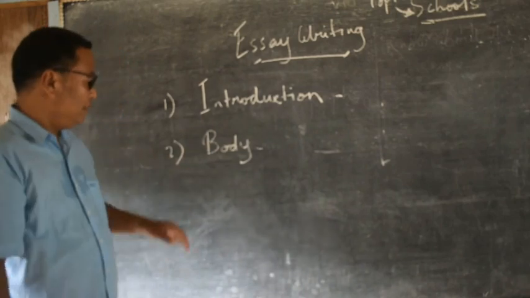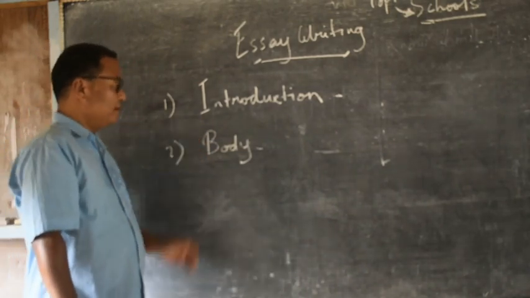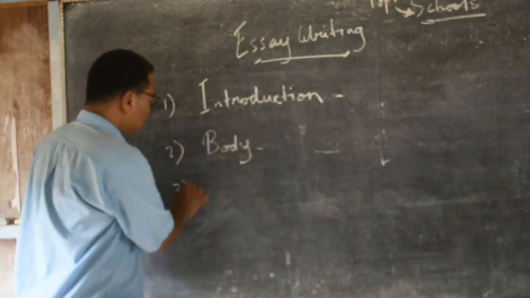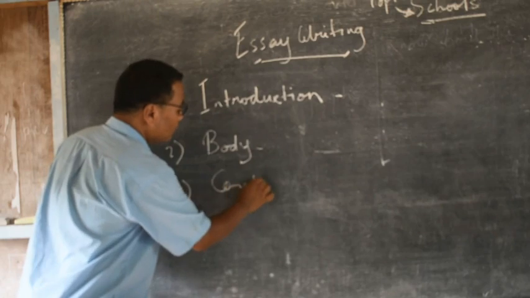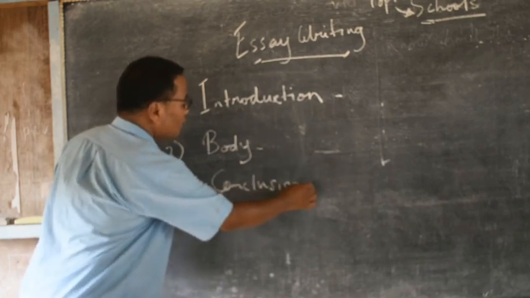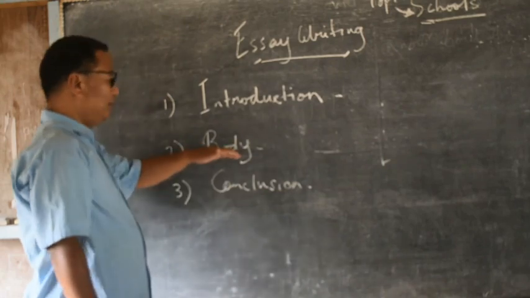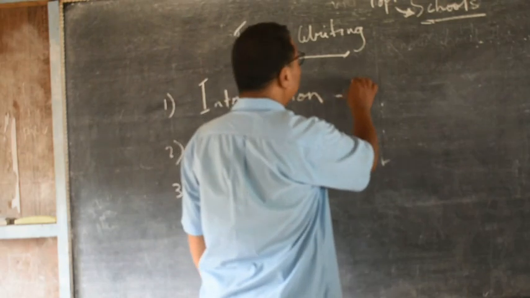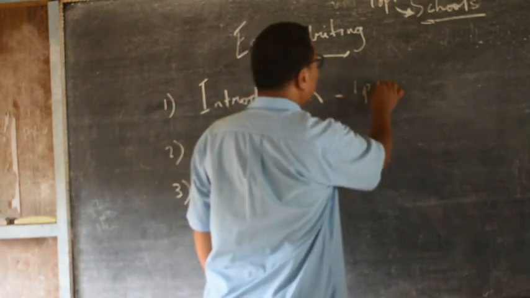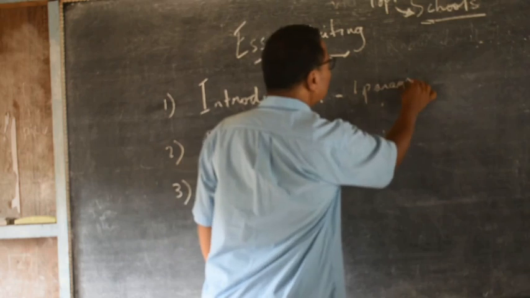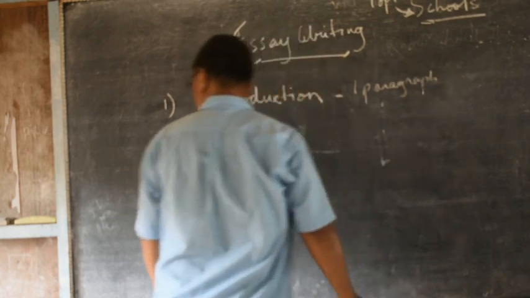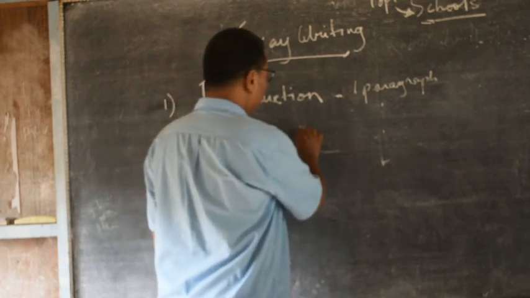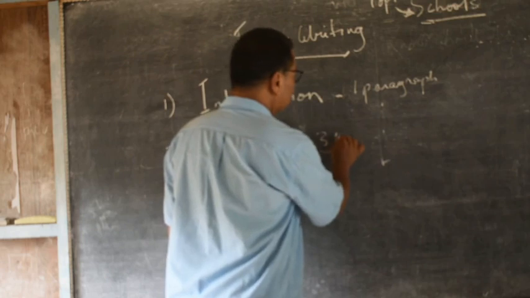in a systematic way. And after having finished writing about schools in the body of the essay, we come to the conclusion of the essay. In the body, first the introduction will be made up of one paragraph. This will give us the introduction, and the body can be made up of 2 or 3 paragraphs.